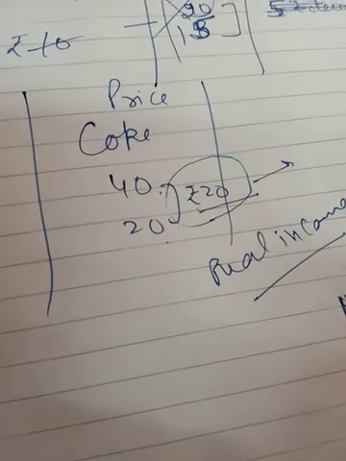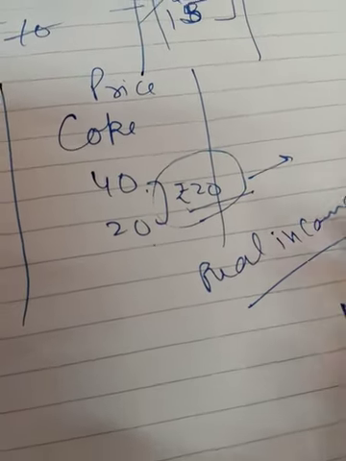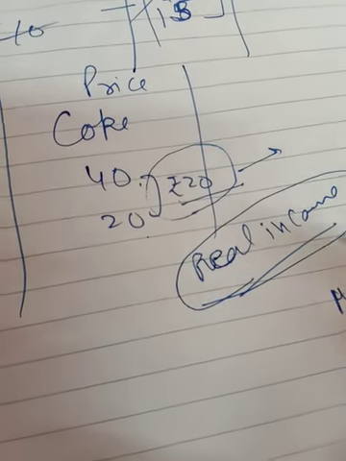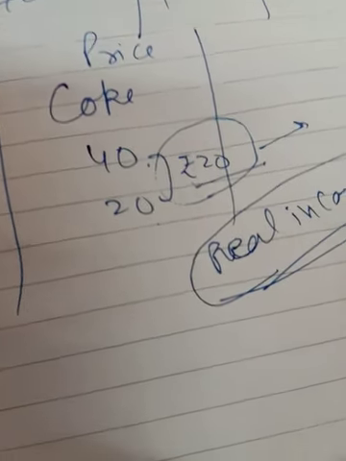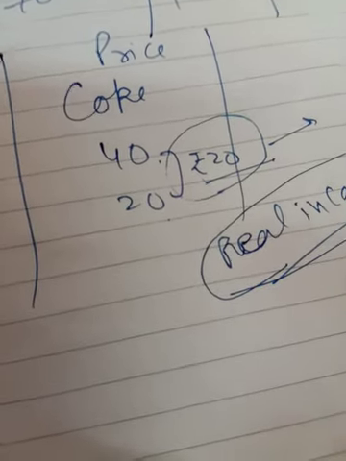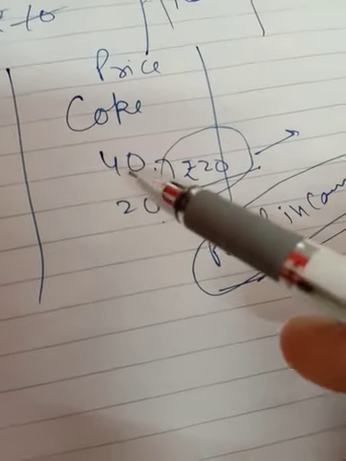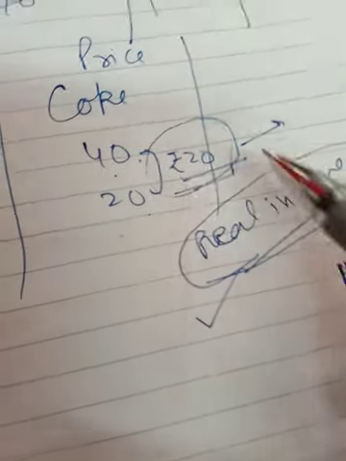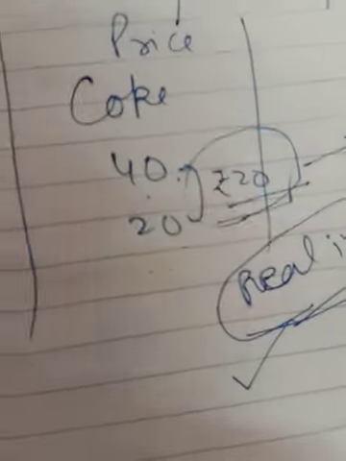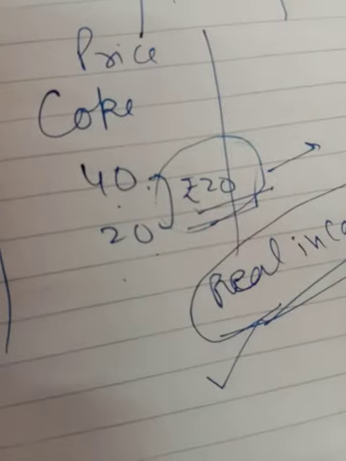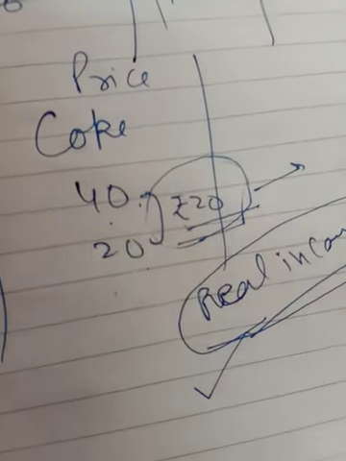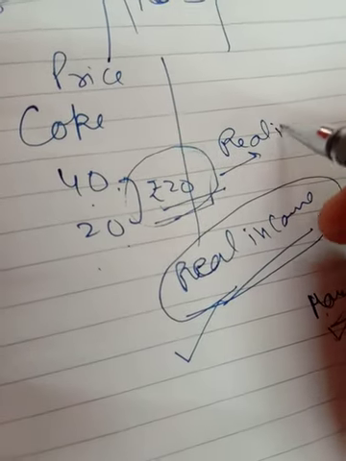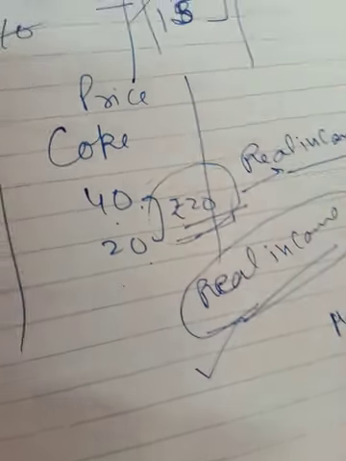We are talking about the income effect in demand in this way, that their real income has been increasing, and real income is their purchasing capacity has been increasing in the case of the product. So if the price has been decreasing from 40 to 20, that means real income has been increasing by rupees 20. So this is the real income I am talking about, and that has been pointed out in this income effect. So you will straightaway write over there that only real income is increasing, and real income will increase when the price has been decreased.